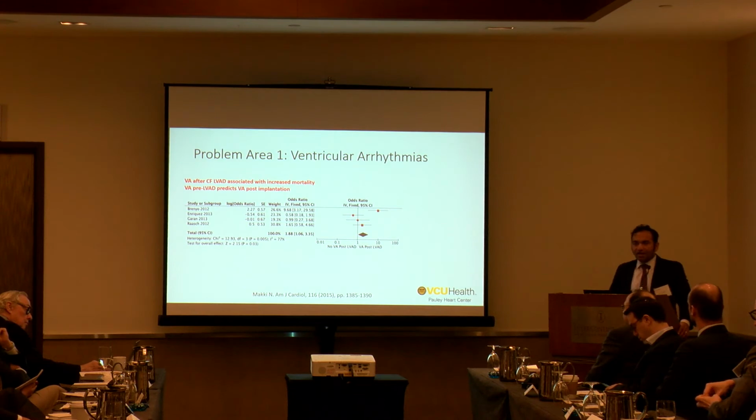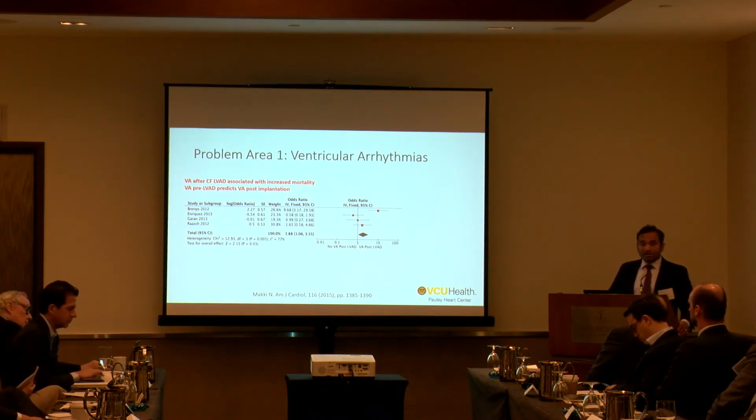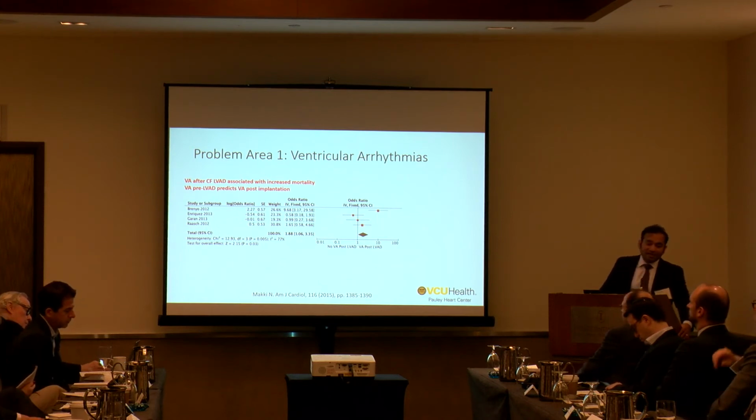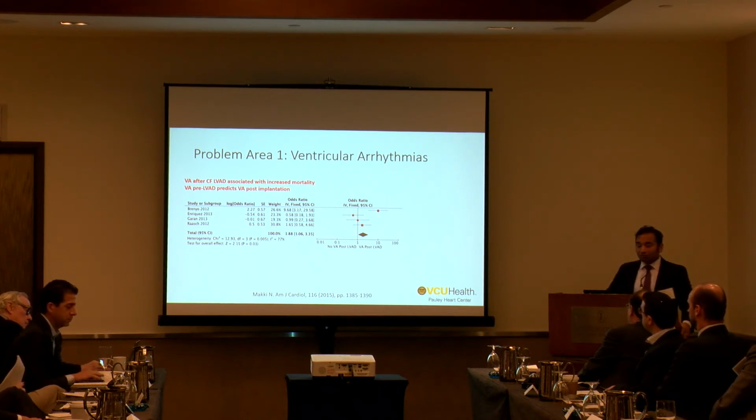So with this case review, I'm guessing some of these cases and some of the elements that led our program to implant a TAH are similar to some of the ones for those who raised their hand here, who considered the TAH for someone with an LVAD who's not doing well, and the situation has become a little more urgent. I think the two areas that stand out the most are potential opportunities. And I don't know if the opportunity is identifying the patient before you consider LVAD implant or identifying the complication early after LVAD implantation. But the two areas are, of course, patients with ventricular arrhythmias before or after device implantation,